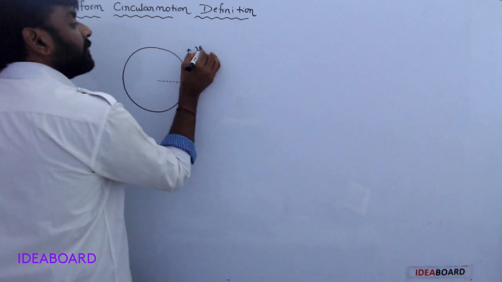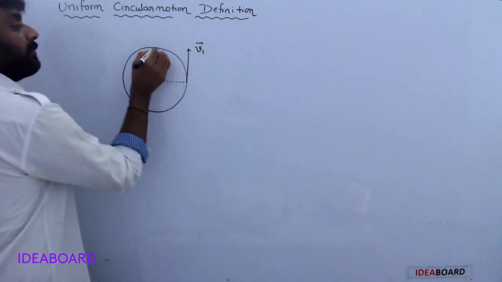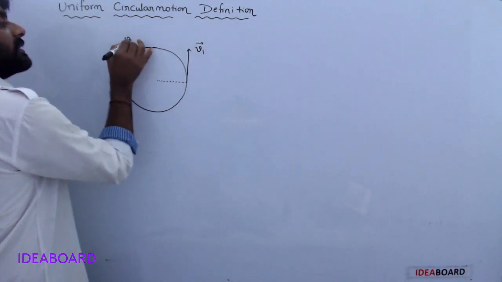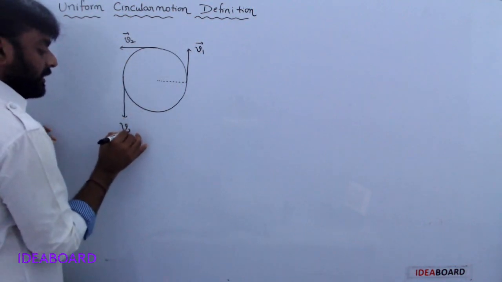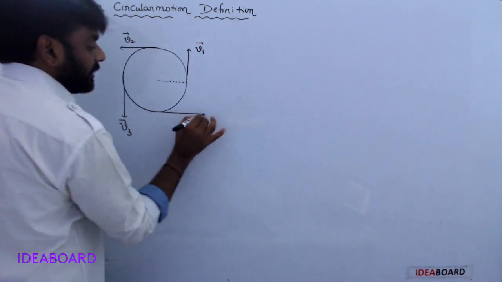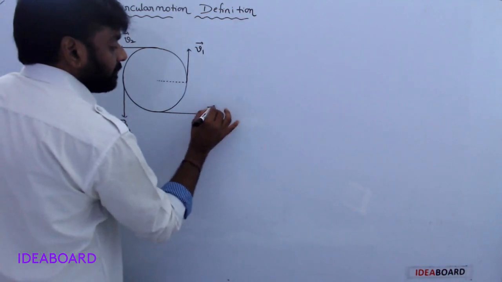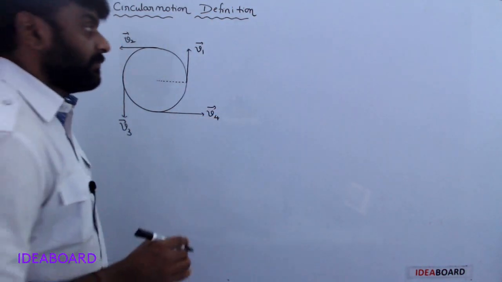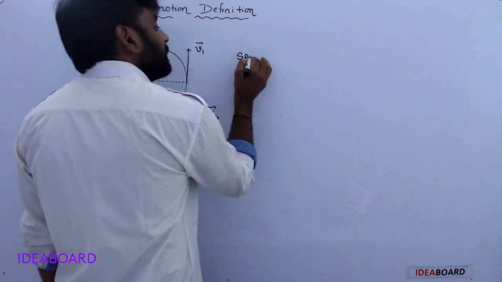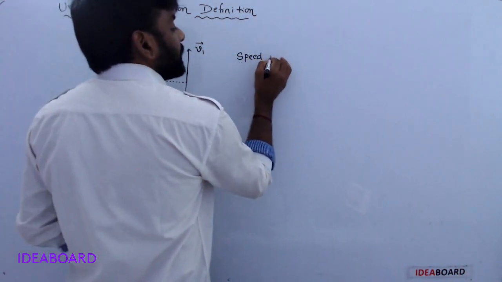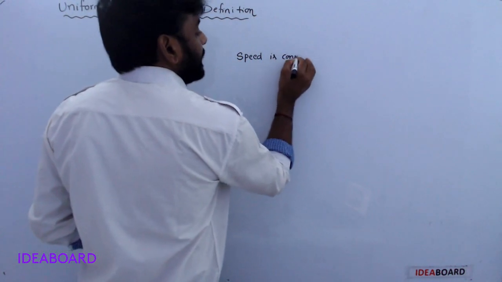For example, it has velocity v1 bar here, velocity v2 bar, here velocity v3 bar, here velocity v4 bar. If that particle speed is constant,